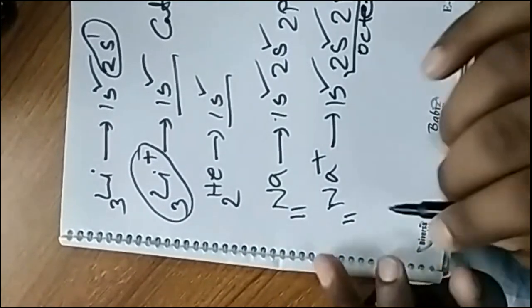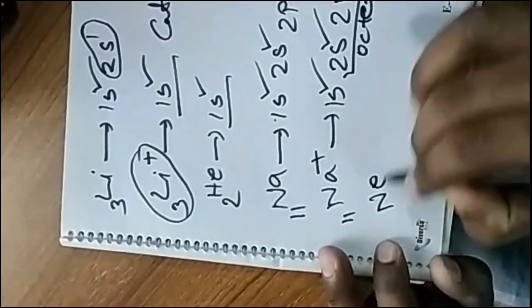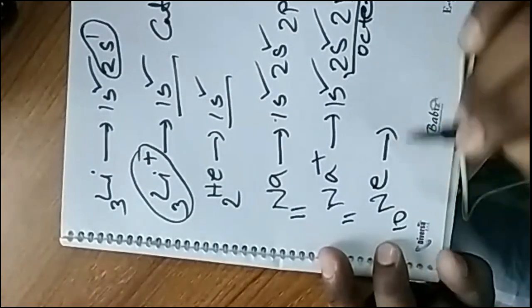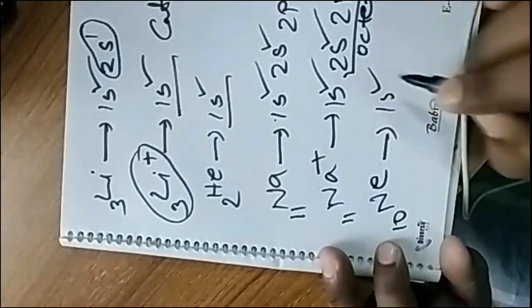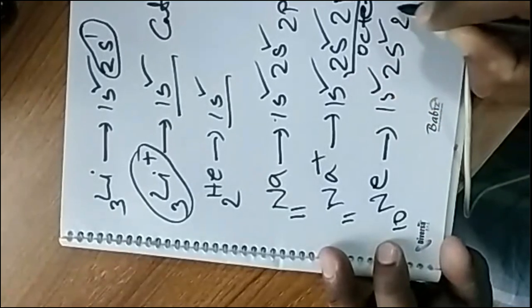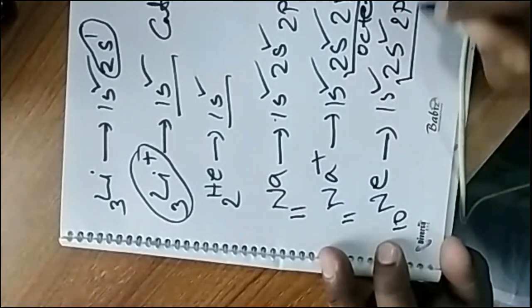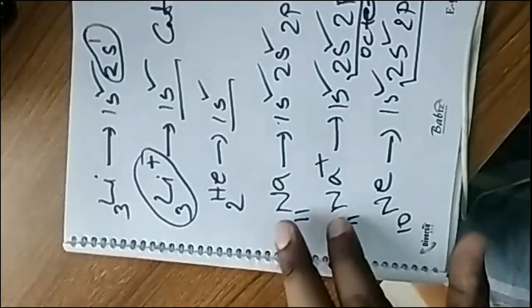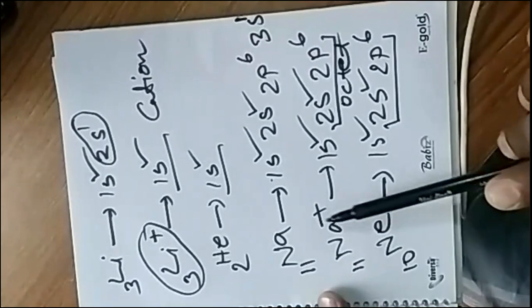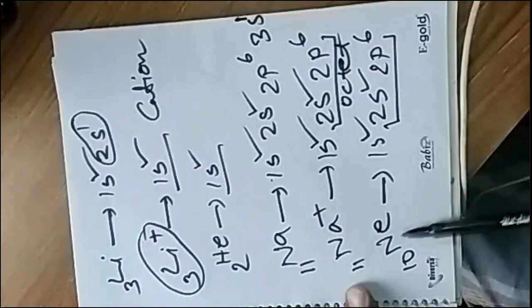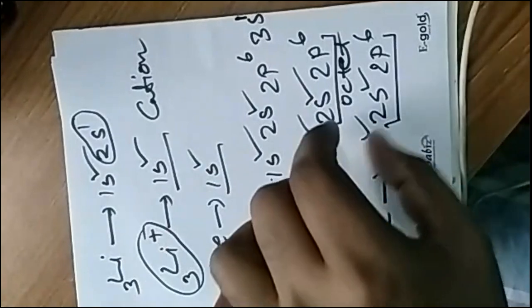And by this way, sodium 1 plus achieves the electronic configuration of neon. Here you can say the total number of electrons of sodium plus is 2, 4, 6, that is 10. And for neon, 2, 4, 6, that is 10. So the electron number is the same